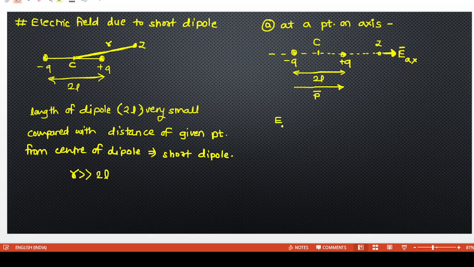What is the magnitude of electric field at a point on the axis due to a long dipole? It is K 2pr upon (r square minus L square) whole square. We derived this on the previous slides. But here we have the short dipole. For a short dipole, the separation between center to given point